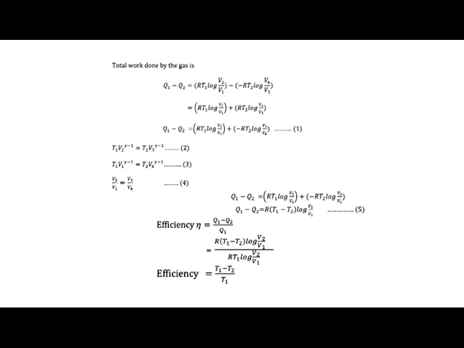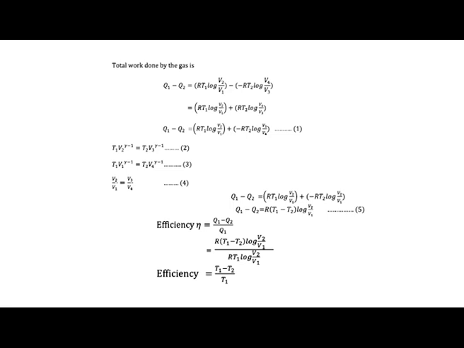Then what is the relation between V2 by V1 and V4 by V3? From equation number 1, Q1 minus Q2 is equal to RT1 log V2 by V1 plus minus RT2 log V3 by V4. So, substituting equation number 4, that is V2 by V1 is equal to V3 by V4,